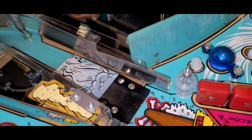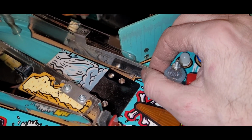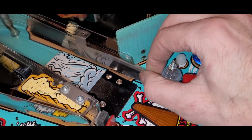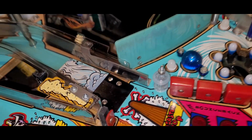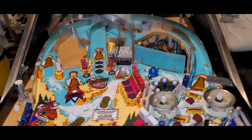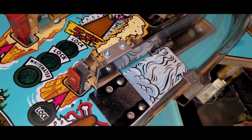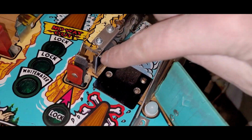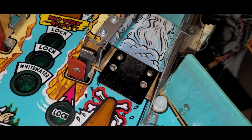So this is what this side's going to look like. This is the factory ramp protector that did a good job on this side. Just kind of set that there. And then let's slip over to the other side. There is the Cliffy protector. So as you can see, it kind of wraps around the front there, and then the Mantis protector will go there,